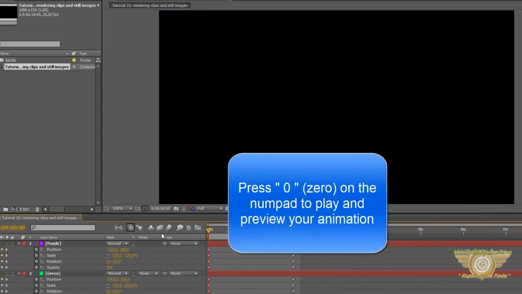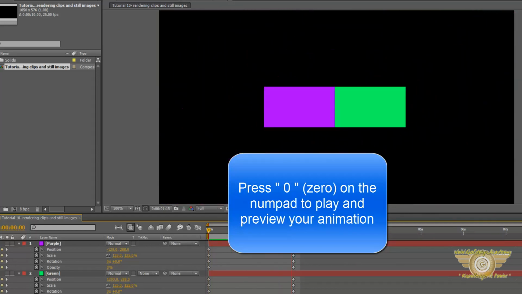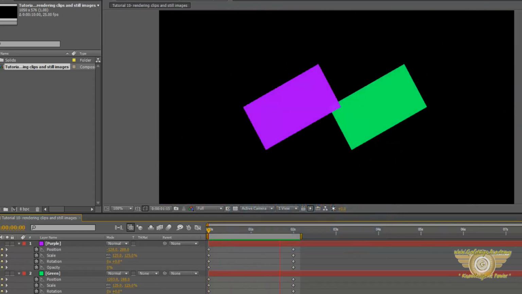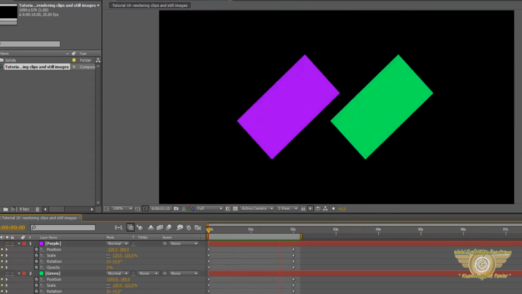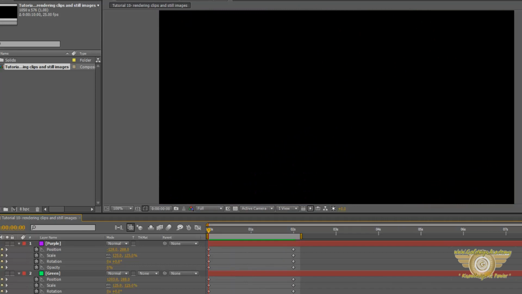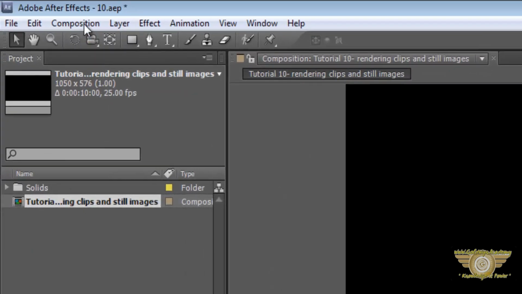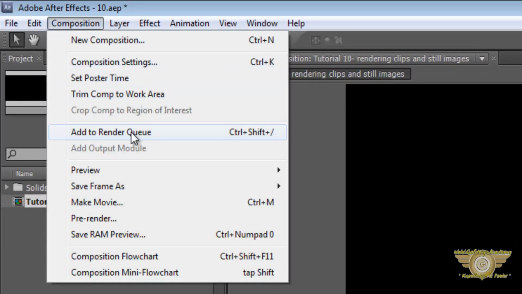Now let's play this animation. As you can see, this is our animation. Now let's go to render this animation. In order to render the animation, what we have to do here is go to composition, add to render queue,